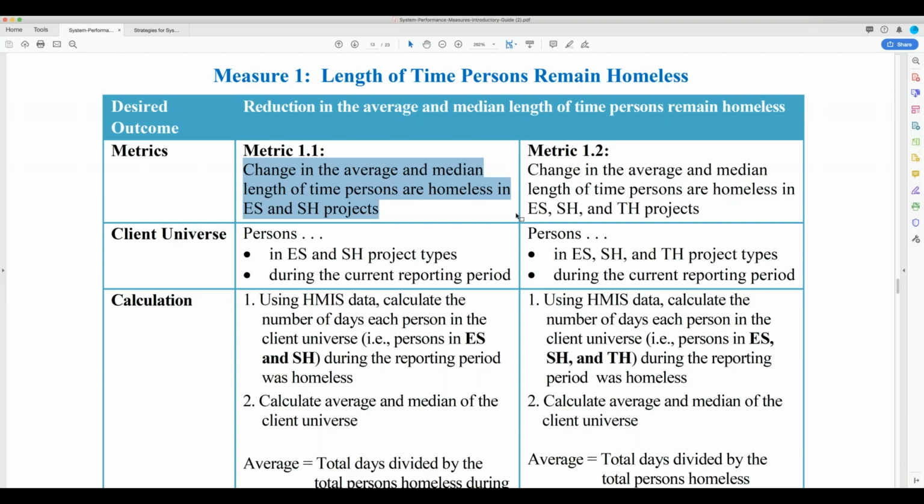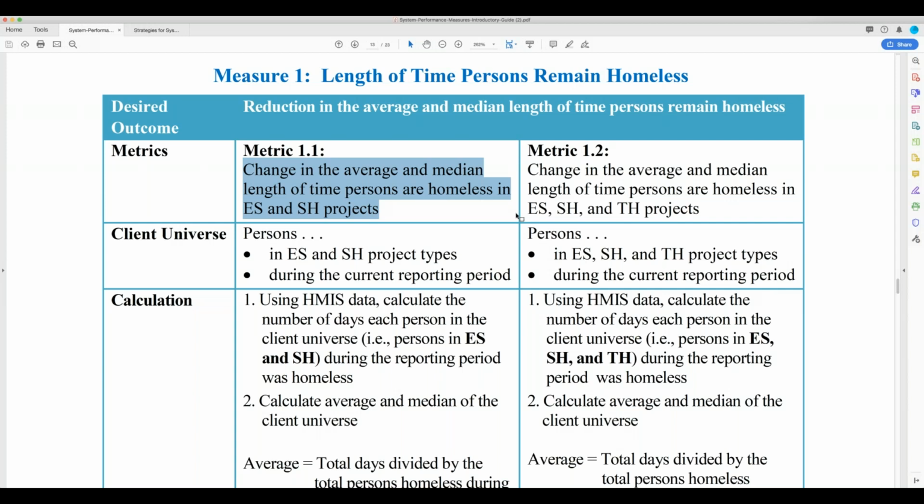Keep in mind, this is measuring for all persons in emergency shelter and safe haven. So it's maybe the quote unquote easiest folks, who maybe have a bad night because the unit they are moving into isn't ready and they had been evicted the day before. Those are folks that may not need a lot of information or services. Maybe they just need a hotel motel stay because they've got nowhere else to go, or they're on the street in their car with their moving stuff ready to go.